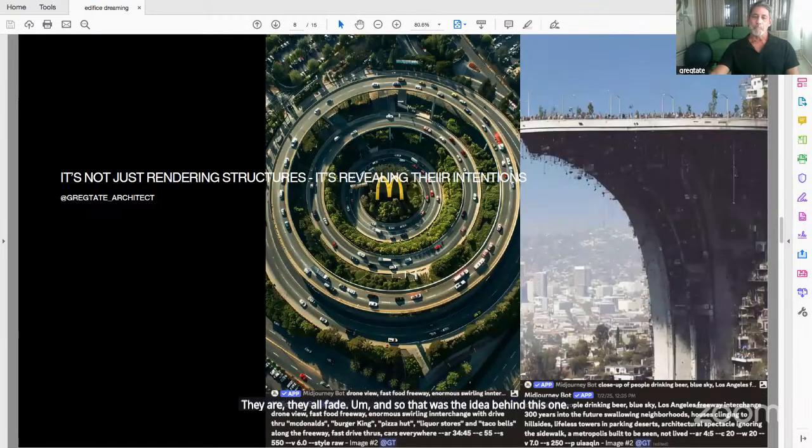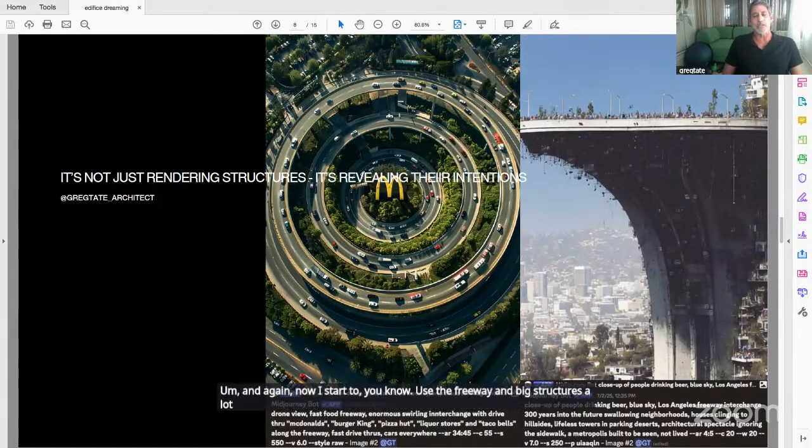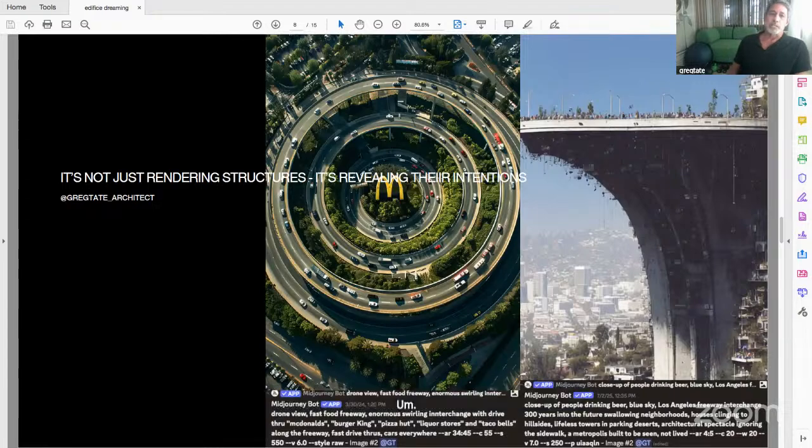And again, now I start to use the freeway and big structures a lot because they are so prominent here in LA. Maybe in other cities there's other things. Maybe you'd be working on trains a lot. But it's not rendering structures. It's really revealing their intentions.